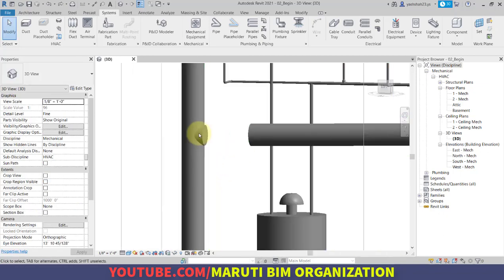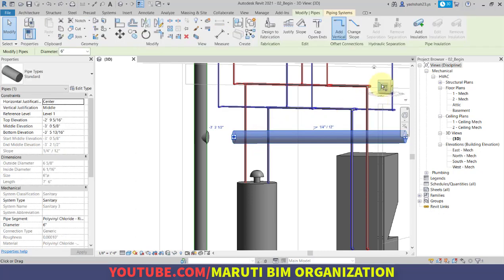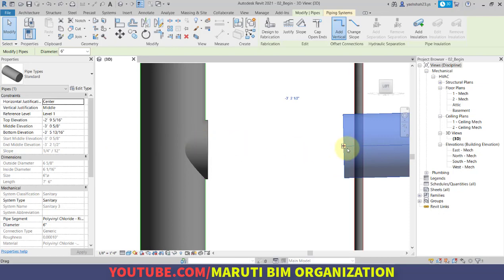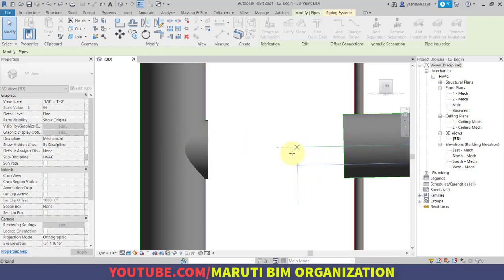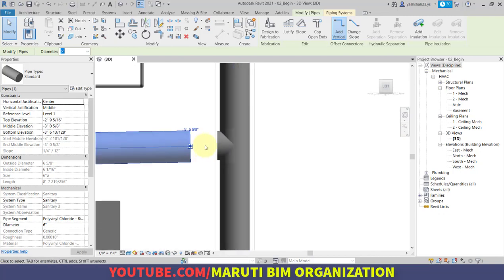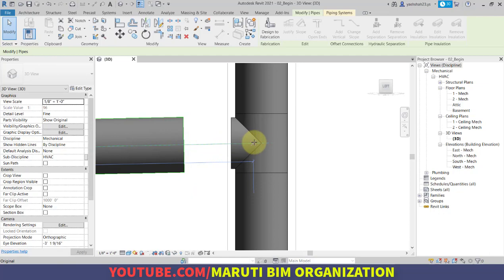So what I will do is select this pipe and drag this connection to this T connection. Simply select and drag in the same line and make sure it is snapped properly. Similarly, here as well, select and drag to the same line, make sure it is snapped properly.